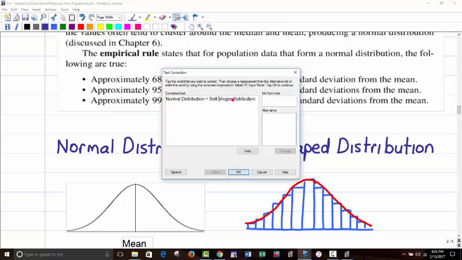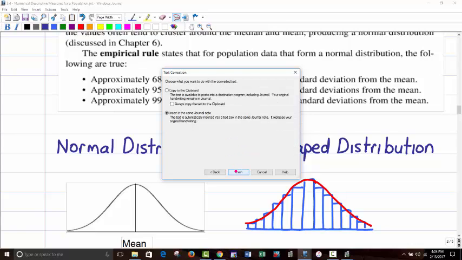So for example, let's say the mean was 50 and the standard deviation was 10. If you subtracted 10, that would give you 40. If you added 10, that would give you 60. So then we're saying from 40 to 60, we would expect